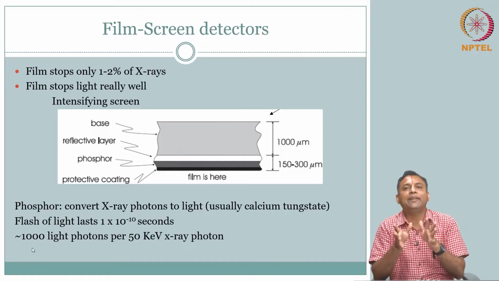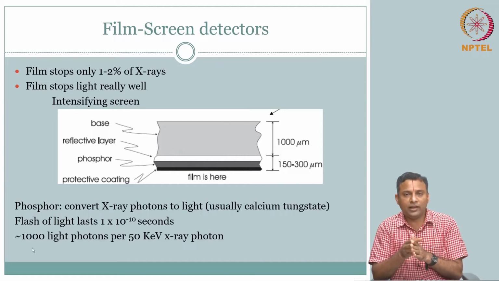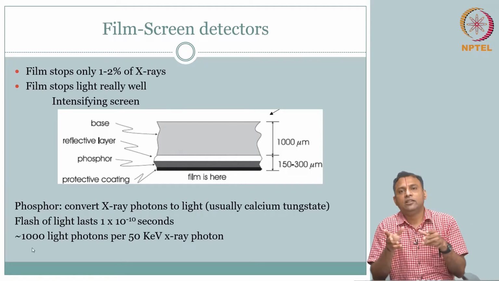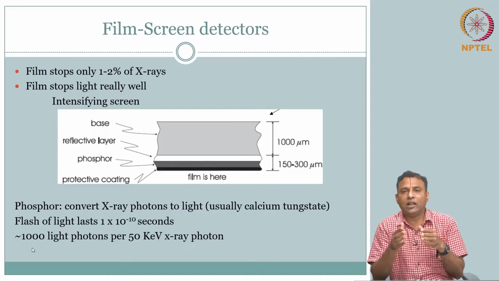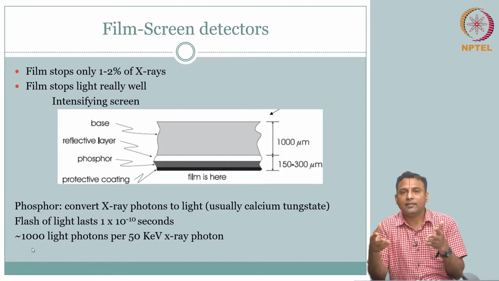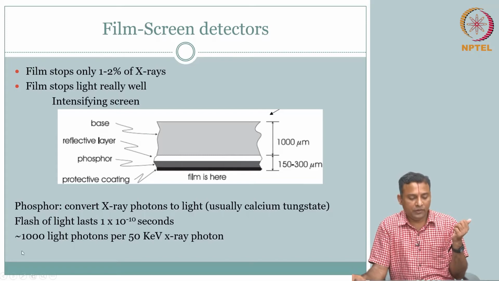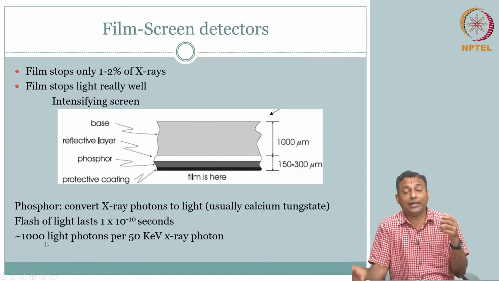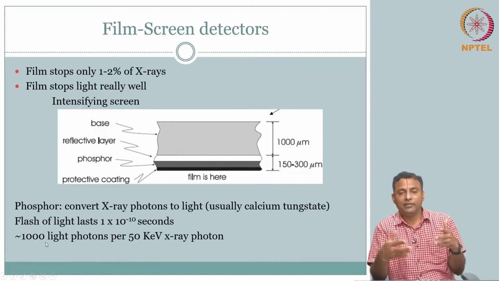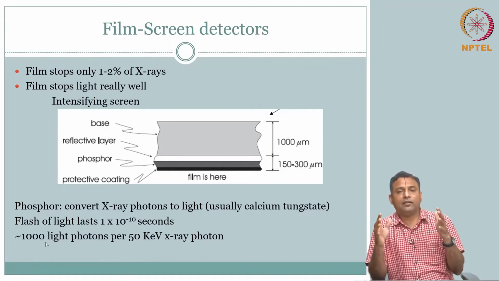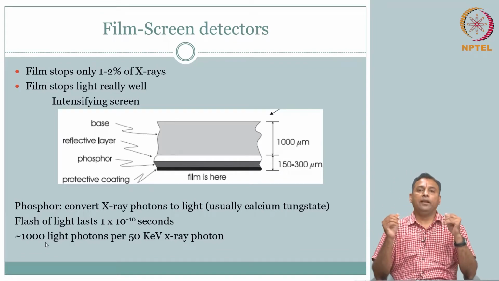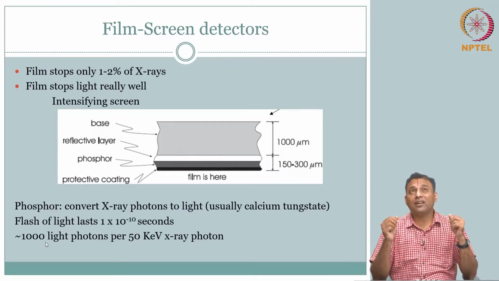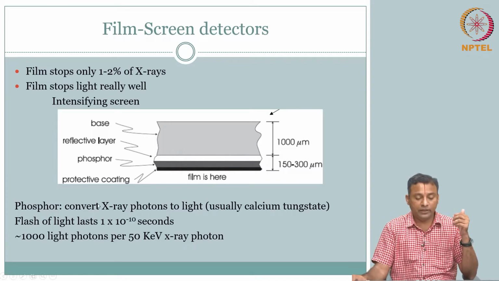X-ray is interacting with the material. Now our objective of the material is to do this interaction, so that the output should be some characteristic radiations, characteristic photons that come out in the light range. So, you have about 1000 light photons. Without even going beyond what we have covered so far, you should be able to guess what the factors are that are going to determine this.